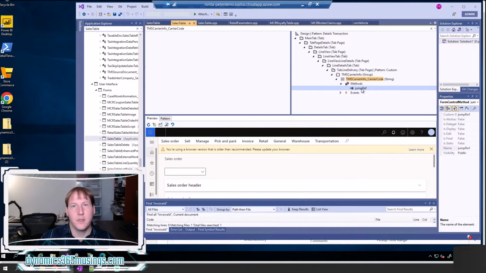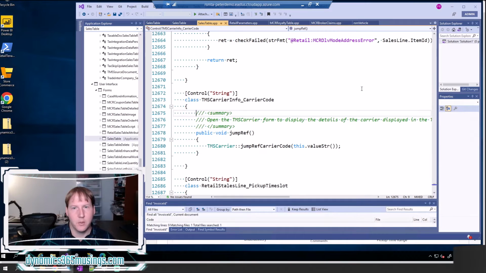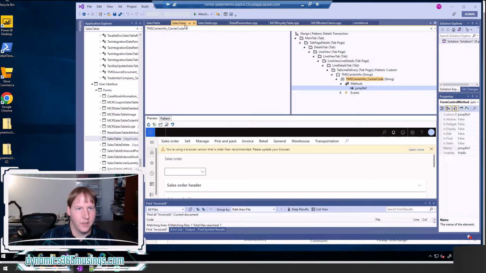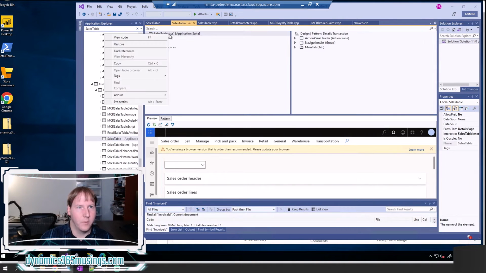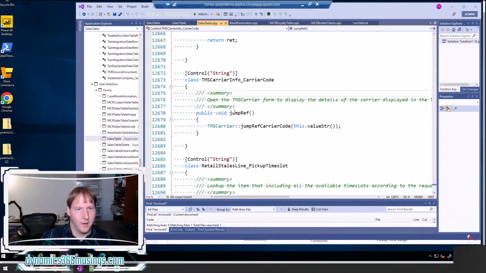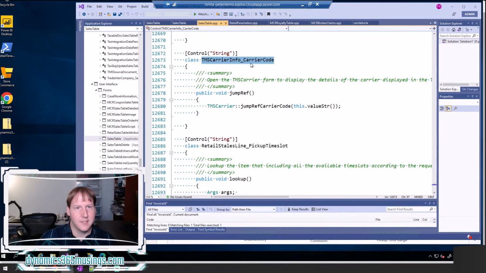We can see what that code looks like by just double clicking on that JumpRef method. That takes us right to the place in the back-end code of sales table to see that code. We could also get to that code by right-clicking on our form and saying view code, but then we'd have to search for it to find where it is in here. But we can see that it's in a class named after the control, and then specifically the method is always going to be named